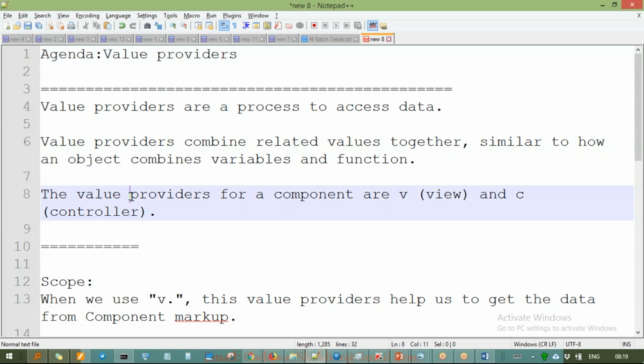And value providers are providers for component, V and C. So if you are going to get some kind of value from your view part, then of course it comes V dot something. And if some value is coming from C part, that is the component part, sorry, that is the controller part, then of course it's going to come C dot something. Okay. So scope is,